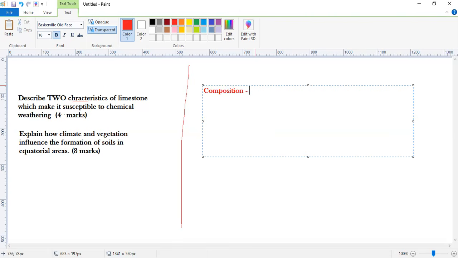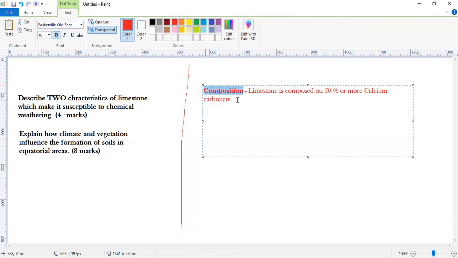We could say limestone is composed of 50% or more calcium carbonate. We could probably stop there,